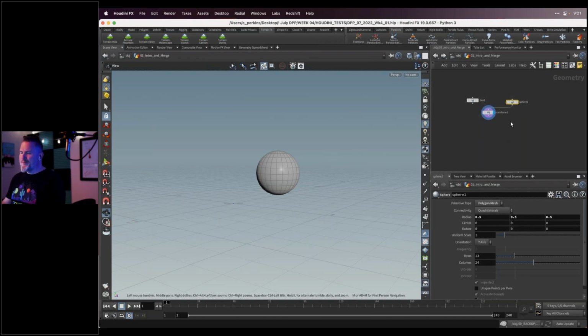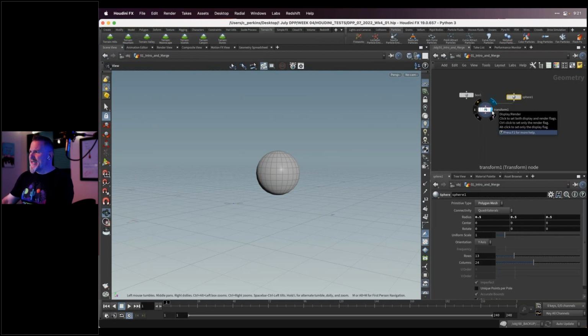Now, a very important part of the geometry nodes to be aware of is this little blue thing right here. This is called the render flag. And what that means is this is the thing that's currently displayed. Because in the geometry context, you can only display one thing at a time.